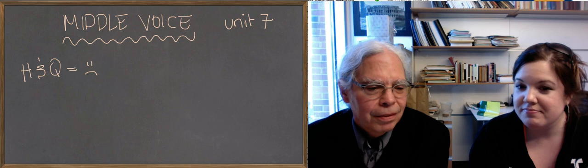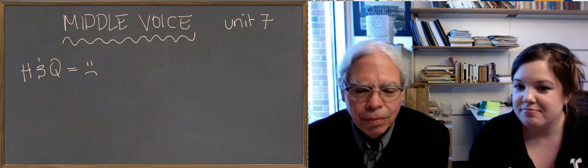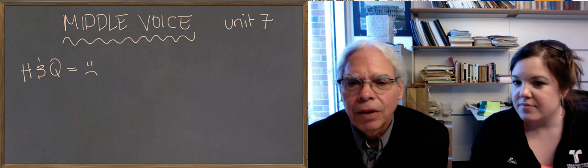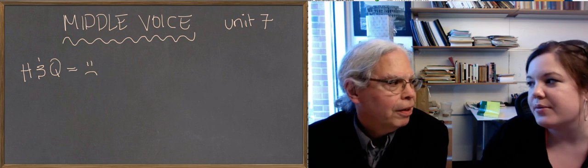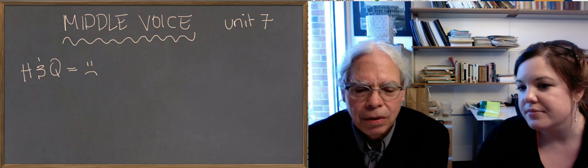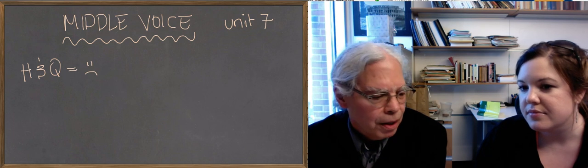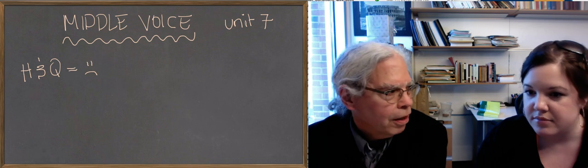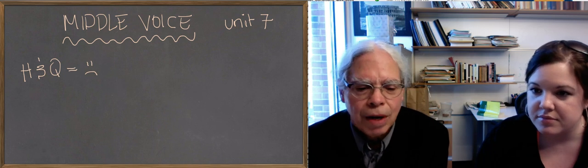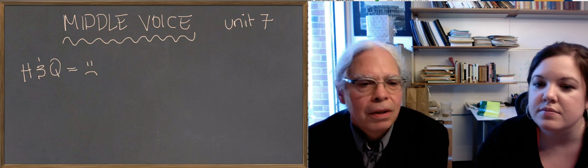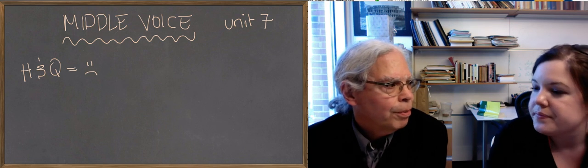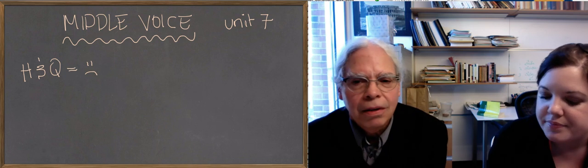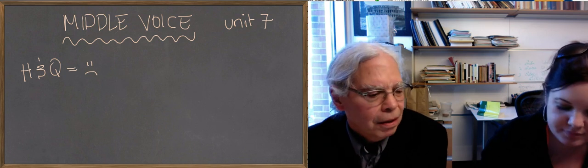So what the book thinks of is reflexive, right? Which is stuff like I like myself, all right? A reflexive verb has the subject as the object as well, right? And Greek has a way of doing that. It has reflexive pronouns whose antecedent is the subject of the sentence. And so it says that there would be no need to have a whole voice that does that. And it isn't right, okay?